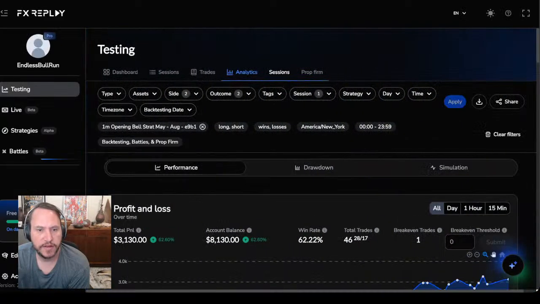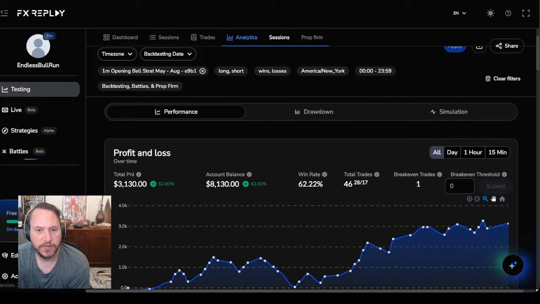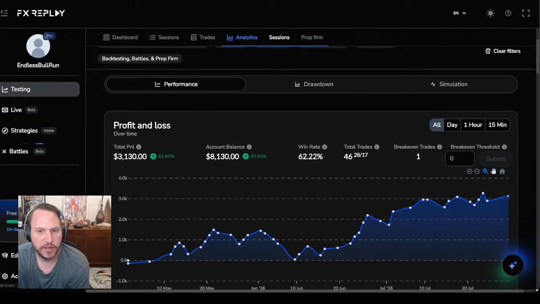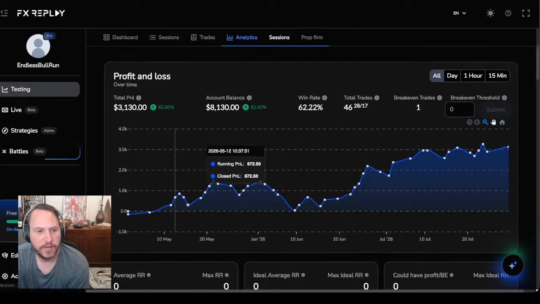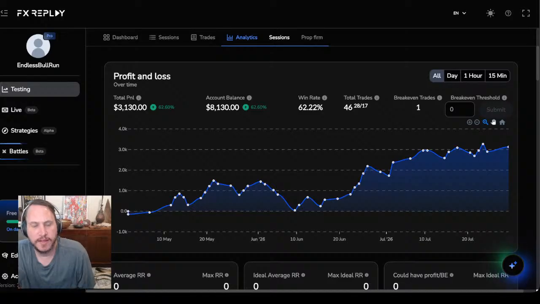We're going to go look at the stats so far. Still right around 62%. We did go up in this month because we were down by near 60. We've taken 46 trades, so total this session, 28 for 17. We've grown this account this session 62%. We started in May and we're now at the end of July. 62%. Just add zeros onto that, guys, and you'll understand what we can do with this strategy. And I haven't even started to scale.